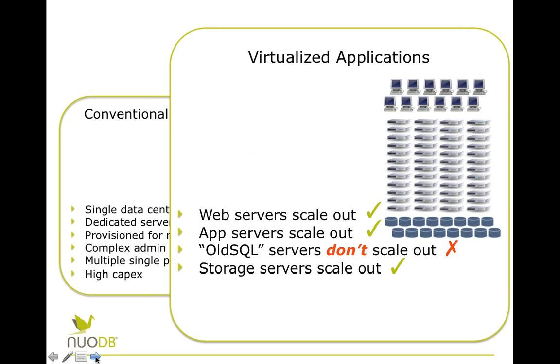And if you go back even 10 years, looking at web applications, the web tier, well, that's no problem. It scales out. We wouldn't have an internet if it didn't. Application servers in the middle tier, serving up business logic, well-established, well-used. Storage servers at the back, tremendous advances in hardware and storage management over the last 10, 15 years, but whack in the middle of that, what I've called old SQL, i.e. traditional relational database servers that are the workhorses of the applications that we want to move into the cloud.